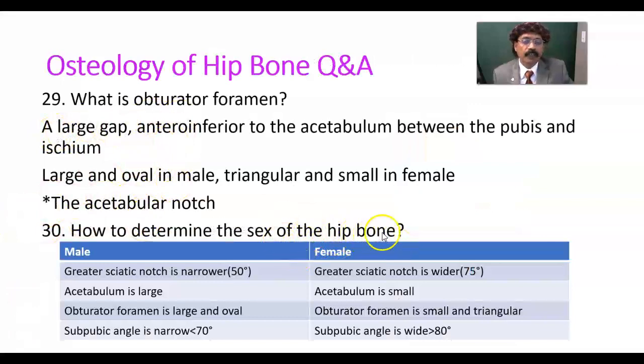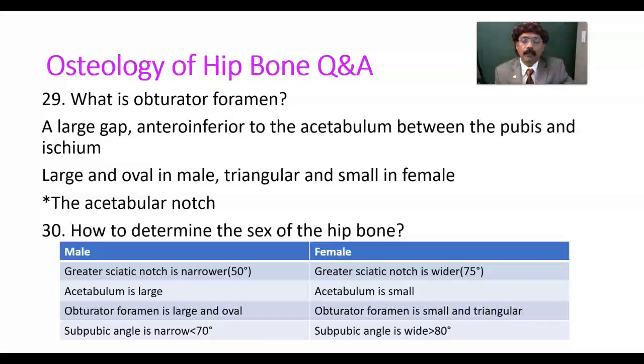How do we determine the sex of the hip bone? There are many ways. The greater sciatic notch is narrower in male and wider in female. The acetabulum is large in male. The transverse diameter of the acetabulum is the same as the distance from the anterior acetabular margin to the anterior margin of the symphysis pubis. In female, this distance is longer than the acetabular transverse diameter, because in female the acetabulum